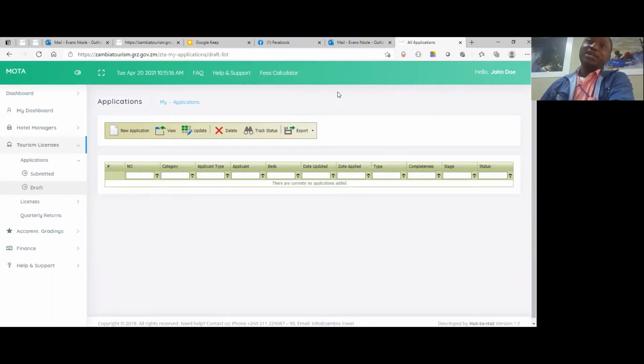So under my applications, you have a menu there on top, which says new application, view application, update application, delete application, track status, and export. So these commands which are on top allow you to perform certain actions on the applications you have. In my case, because there's no application there, I cannot use any of them. To create a new application, you use the new application button. So to create a new application, just click on the new application button